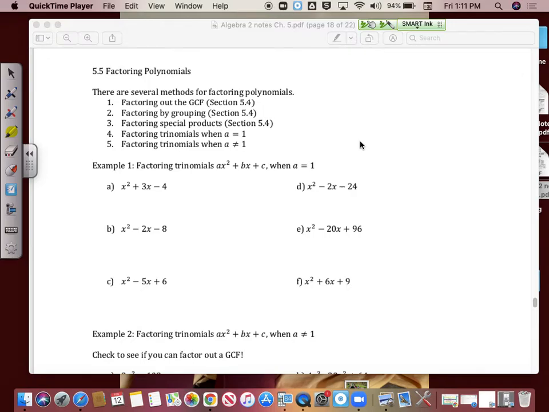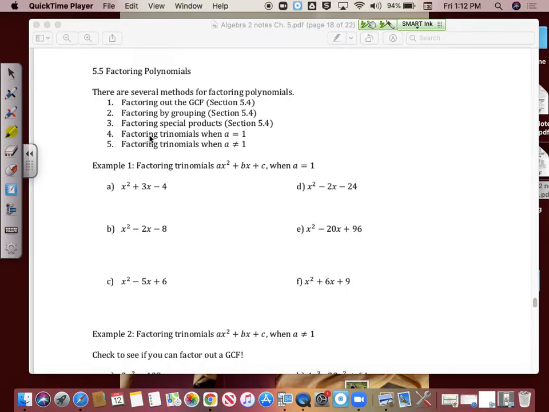In section 5.5, we are going to be continuing to factor polynomials. Remember, we already learned how to factor polynomials by factoring out the greatest common factor. We learned how to factor them by grouping, and we looked at some special products. Now we're going to be looking at a different type of factoring, which is called factoring trinomials, and we are